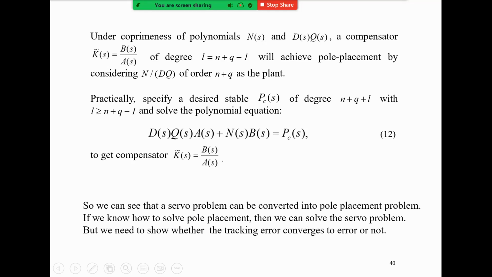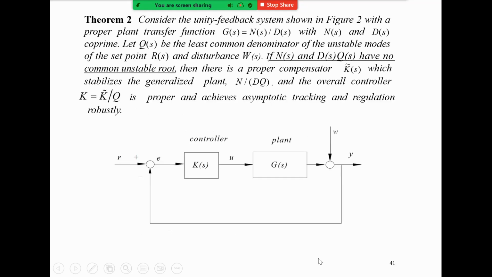But now, of course, we need to prove that this is the right way to guarantee that the tracking error will go to 0. So now let's prove that. We have the second theorem. So we consider,